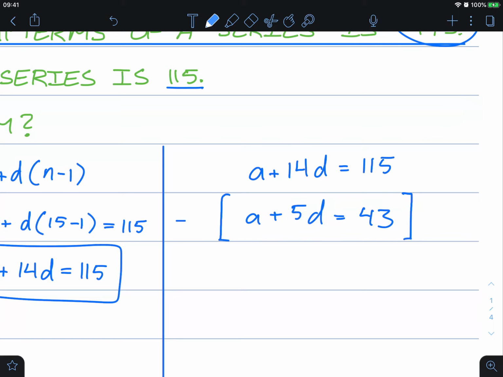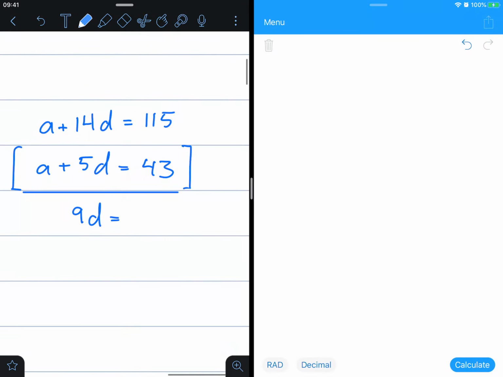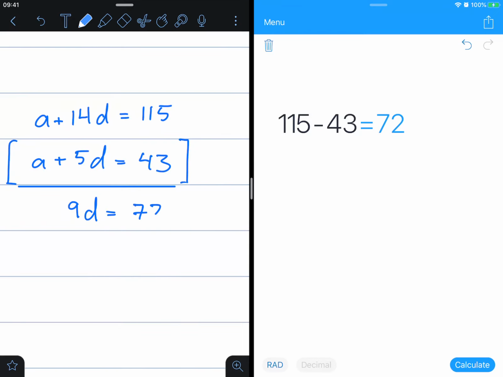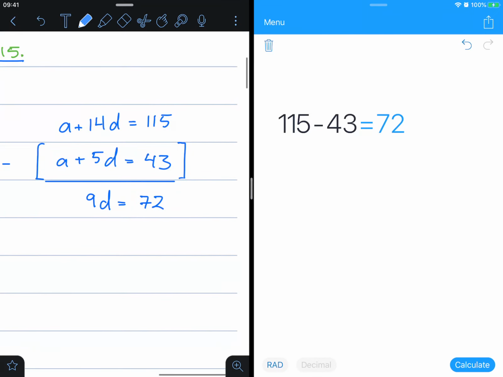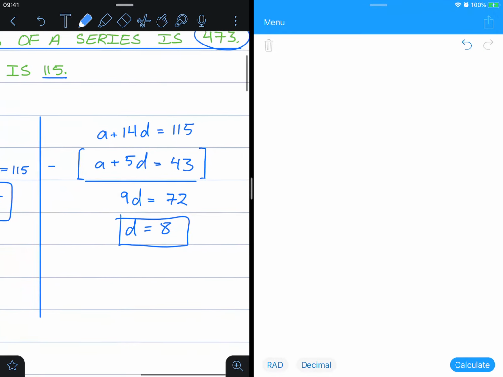So a take away a, that's going to be 0a, so it's gone. 14 take away 5 is 9d. 115 take away 43 is equal to 72. We can now find the common difference. Dividing both sides by 9, we get 8. So the common difference is 8,